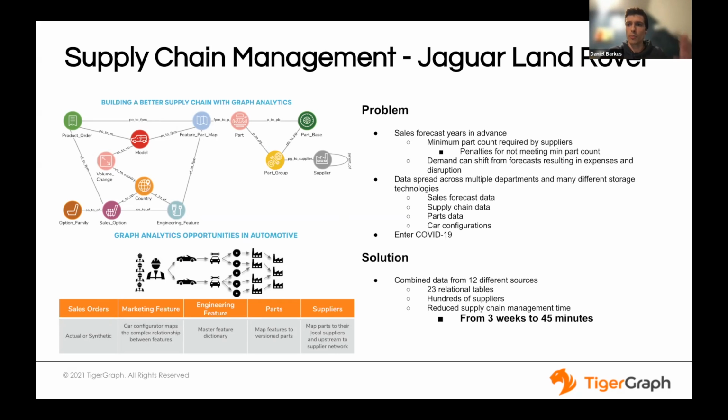Instead of having people comb through the data and put together these reports and present them at meetings, you just run a query now, and it gives you the output with all of your adjusted values for how your supply chain should adjust to these changes that you've made to your forecasting or to the availability of certain parts. So instead of "something happens, we have to adjust our supply chain, we'll have an updated supply chain in 3 weeks," it's now "something happens, we have to update our supply chain, we have an updated supply chain